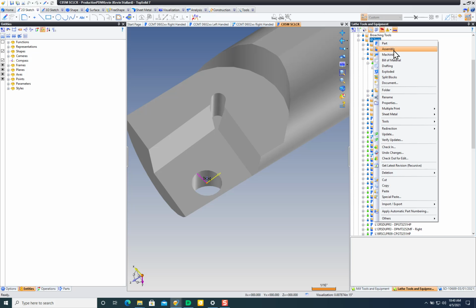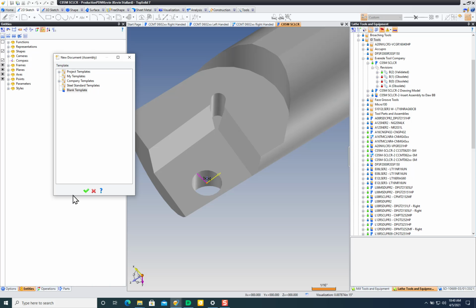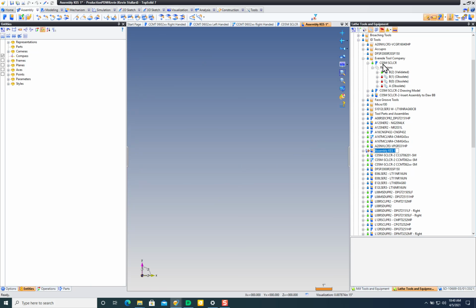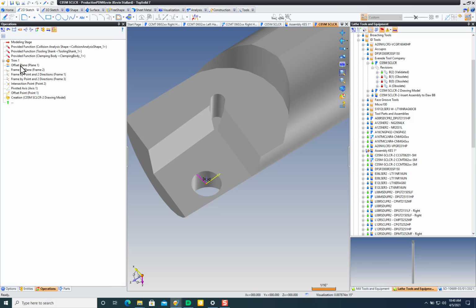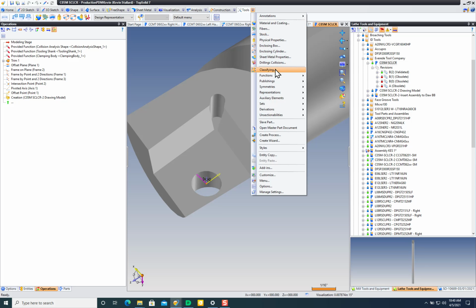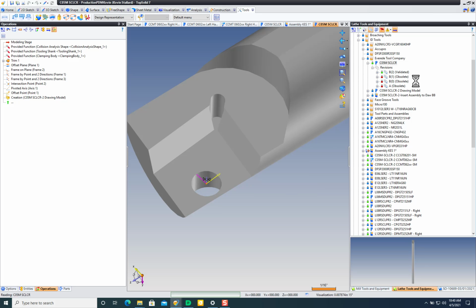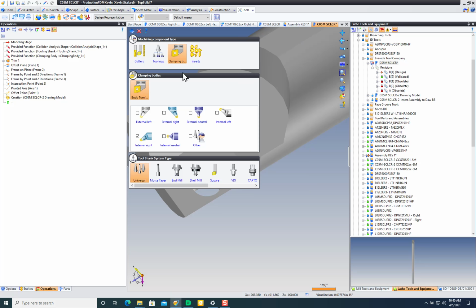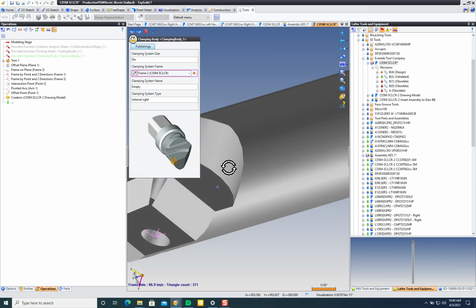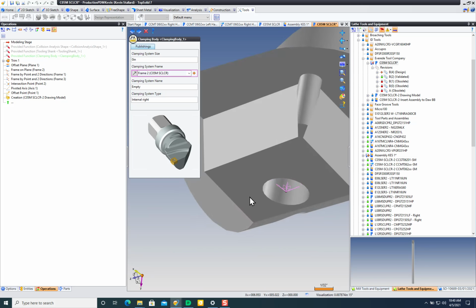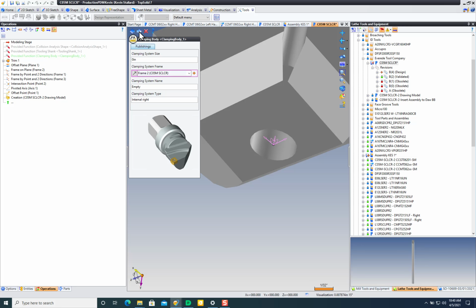An assembly here, and I'm going to pull these tools in. This tool has already been defined as a holder. Let me just review that real quick. So it was defined as a clamping, an internal right-handed tool. I've got the clamping frame. I got to set that up. So the clamping frame there,